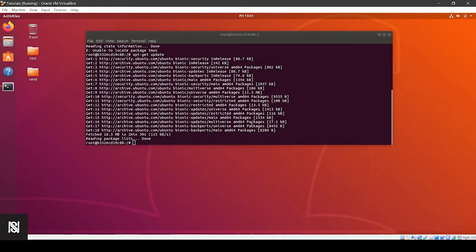YouTube. In this video tutorial I'm going to show you how we can use Tmux and why we need to use Tmux. Before downloading the image that I built for simulation, we need to learn to use Tmux. So why Tmux? Because Tmux helps us to open multiple terminals in a window,